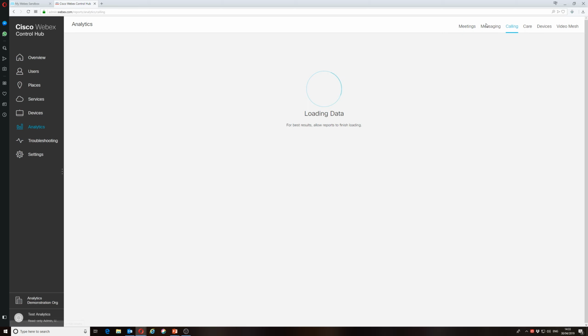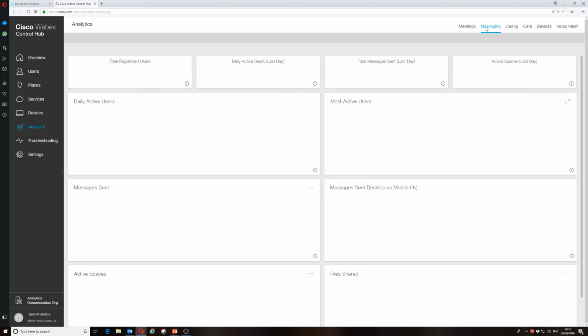I personally like to follow the more traditional unified communications or collaboration path. So I'll start with messaging and then move through calling and devices. I'll briefly mention video mesh, and then I'll move on to meetings and branch out from there. When I'm in the messaging section, I'll point out the dashboard tiles at the top here, which will show the